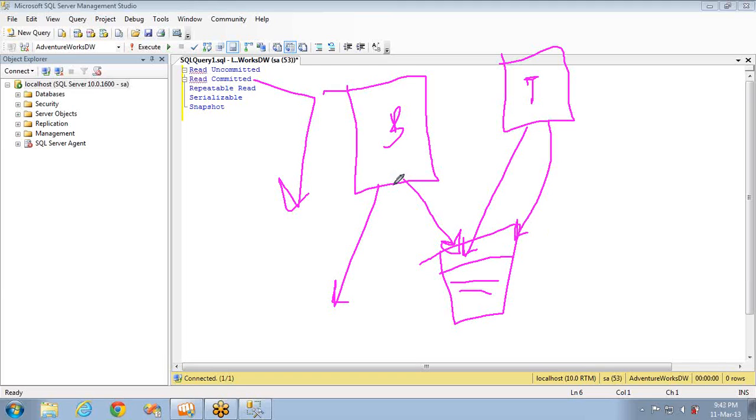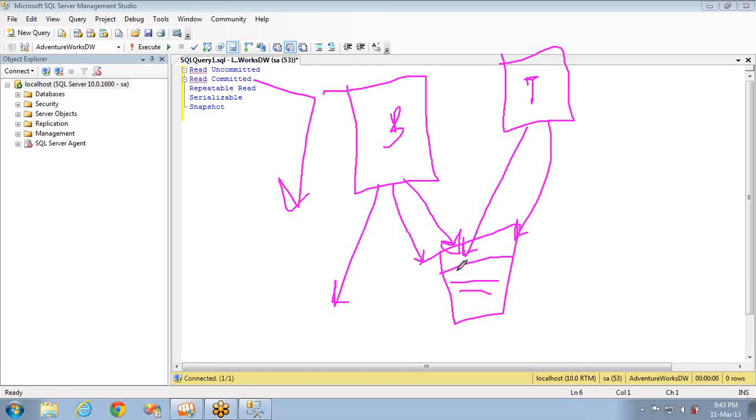So if you set read committed as the isolation level for this transaction, it will go and check whether any exclusive lock is set on the particular data or not. If it is set, then it won't fetch the data. It will fetch only the data where that exclusive lock is not set, so that it will not allow dirty reads. So this will help you in avoiding dirty reads. It won't allow you to read the dirty data, so that you will have consistent data in the source and destination.